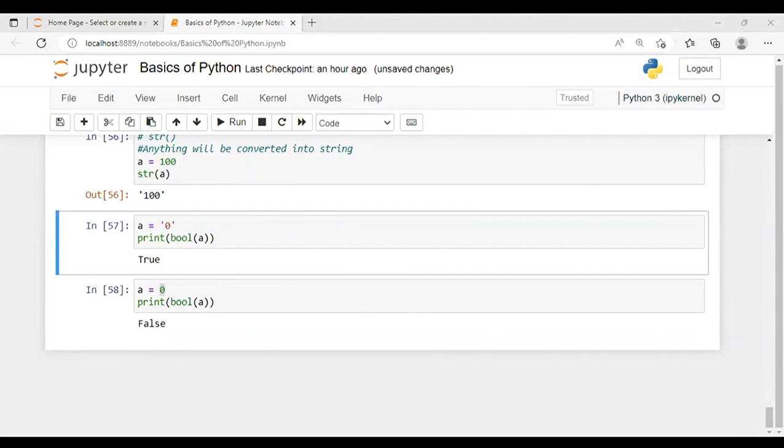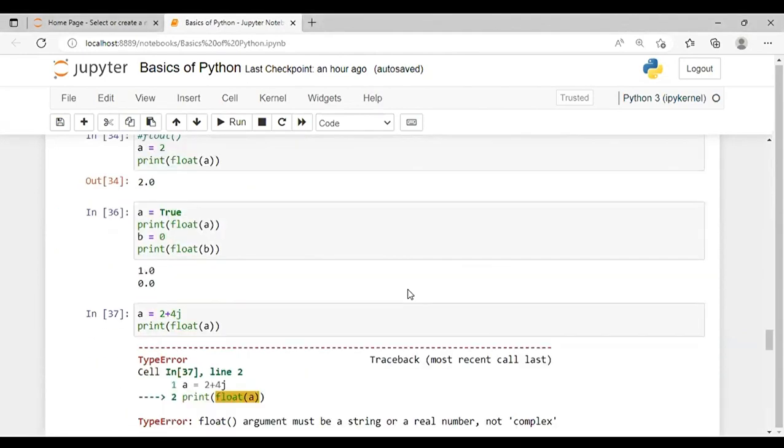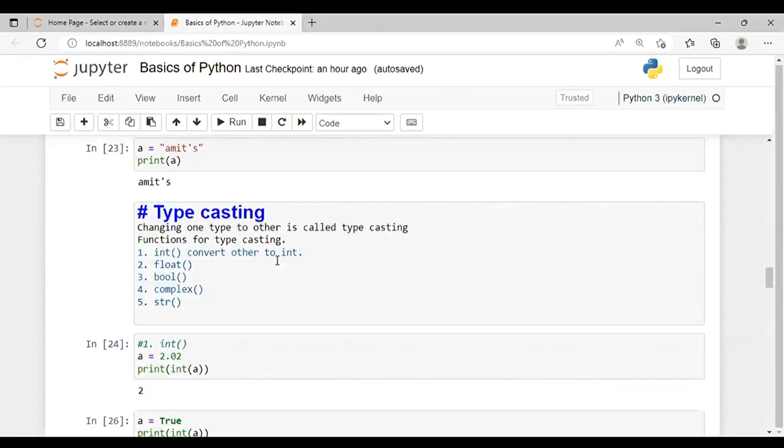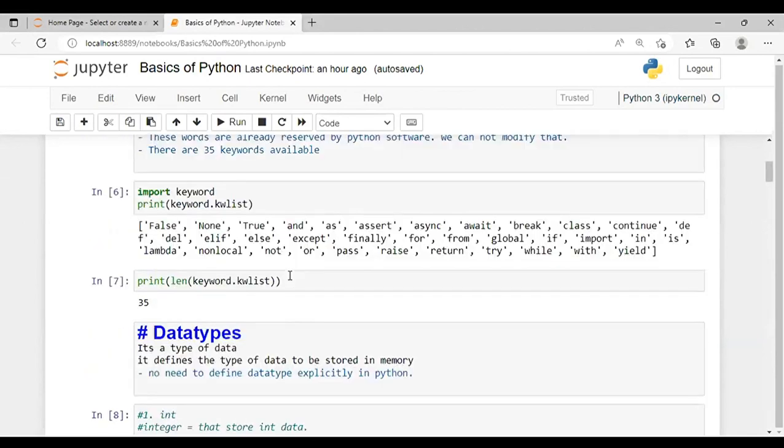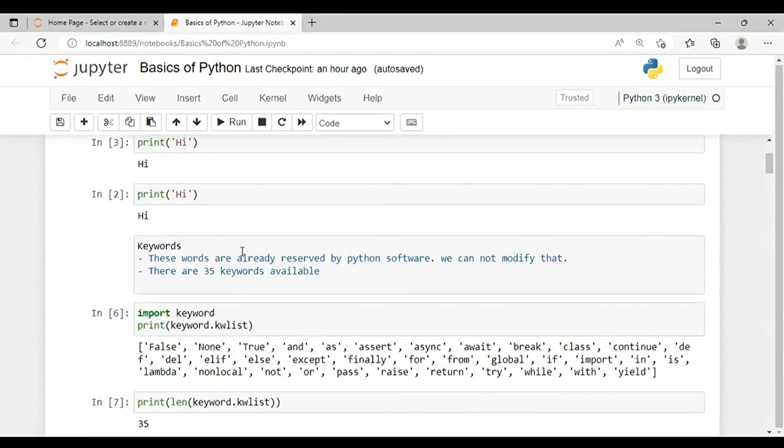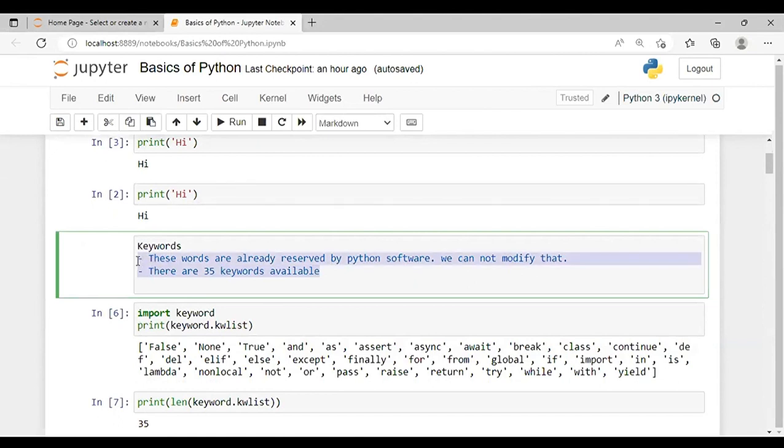Perfect. Okay, so let me summarize today's session, guys, and then maybe you'll understand that better. So we started with keywords. Here, these are the reserved words present in Python. Keywords are nothing but the reserved words present in Python. We cannot use them for our own purposes, right? We cannot modify them. If we want to check how many keywords are there in Python, where it exists,